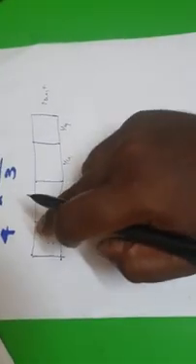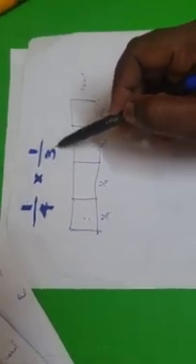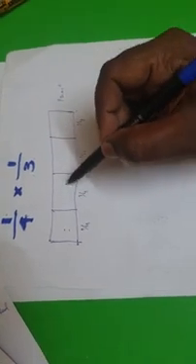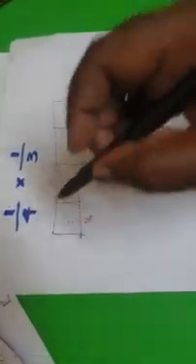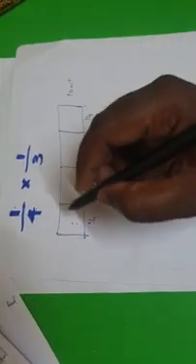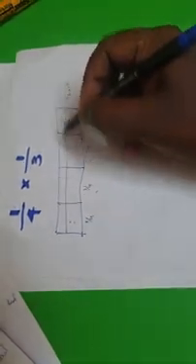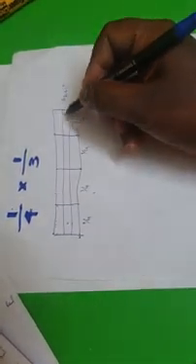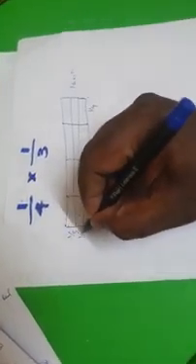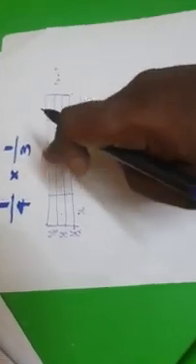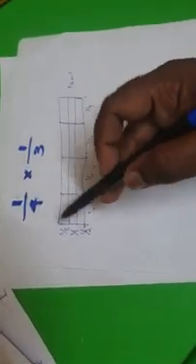Now, the resultant is 1 by 4. The second one is 1 by 3. We have vertically divided the paper into 4 equal parts. Now we are going to divide it horizontally into 3 parts: 1, 2 and 3. Each part will represent 1 by 3. So the vertical lines represent 1 by 4, and the horizontal lines represent 3 parts, 1 by 3, 1 by 3.